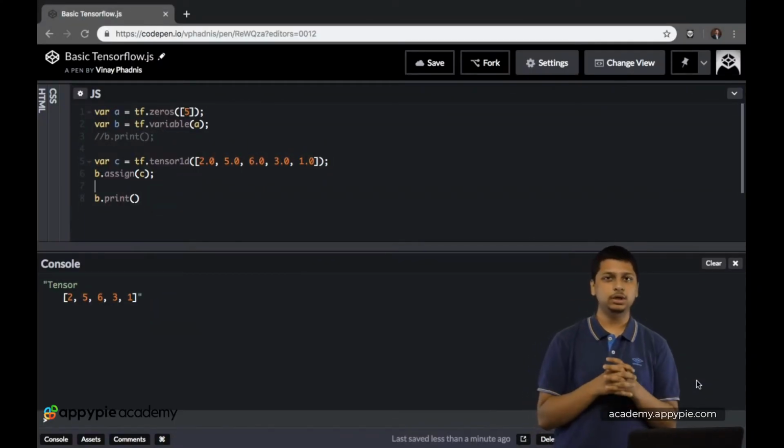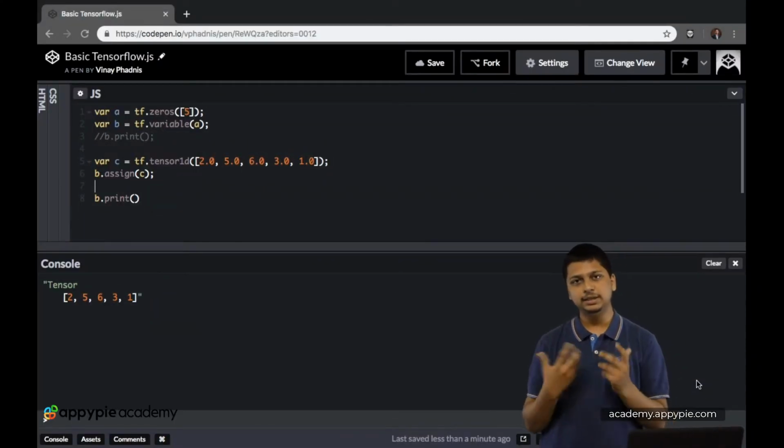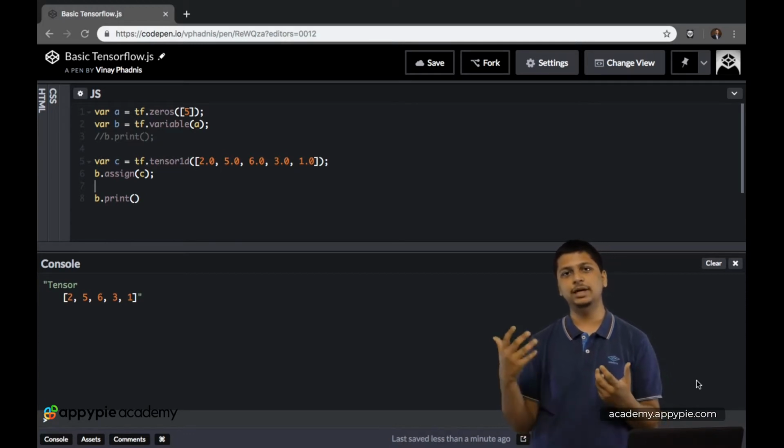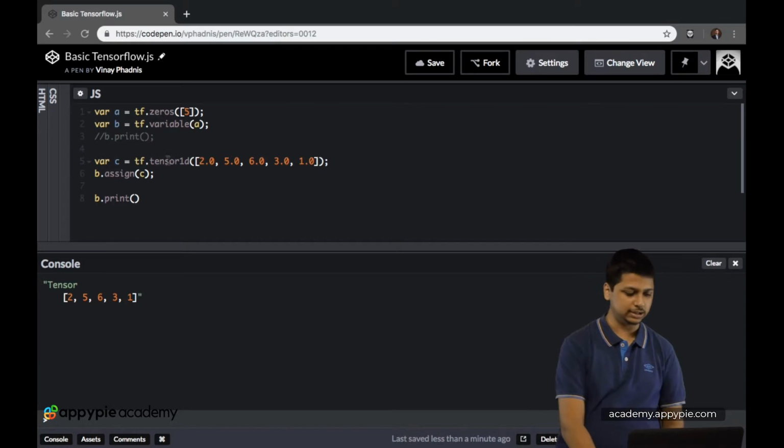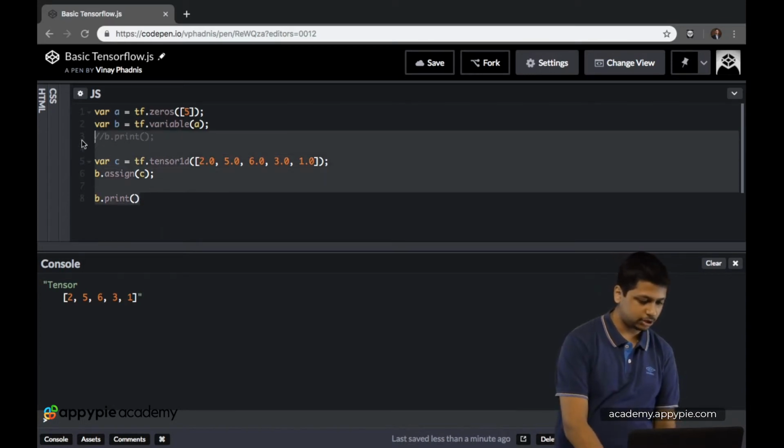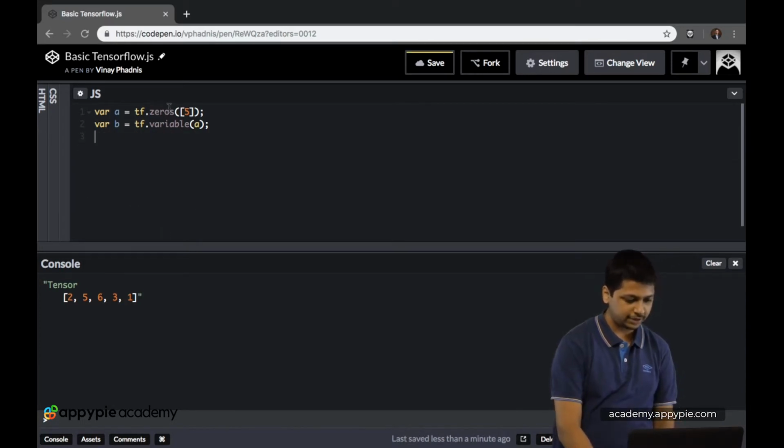Okay, so now to start studying the operations in TensorFlow, let's first declare and initialize two-dimensional tensors. Let's remove all of the code. So we have tf.tensor2d.